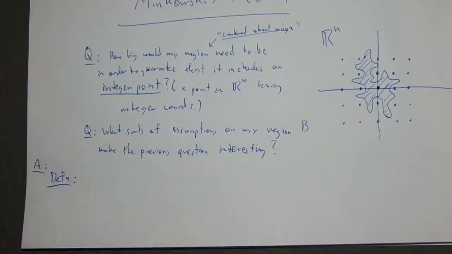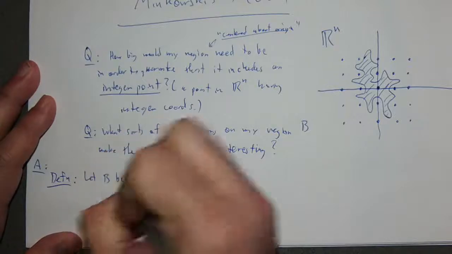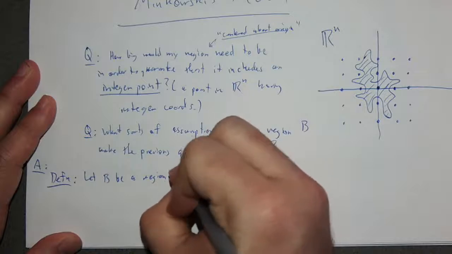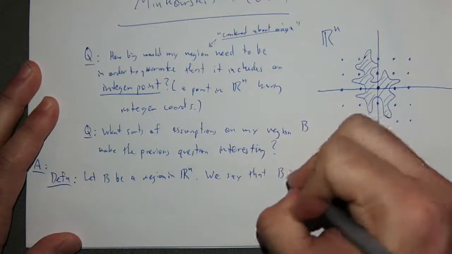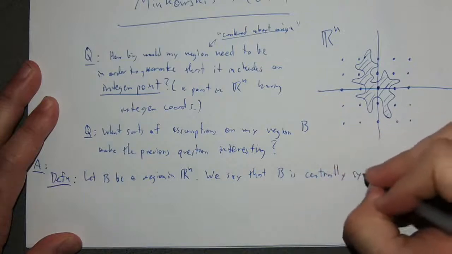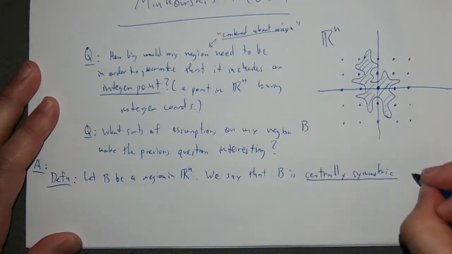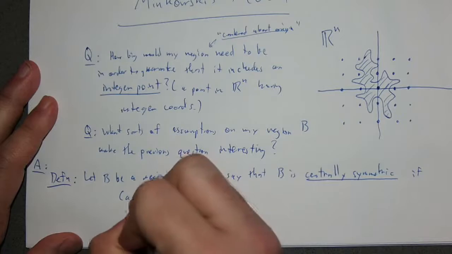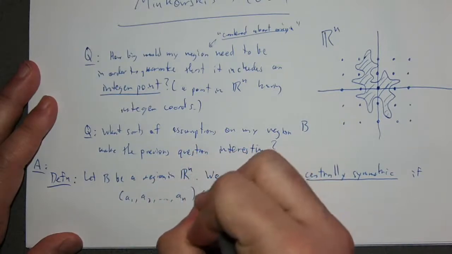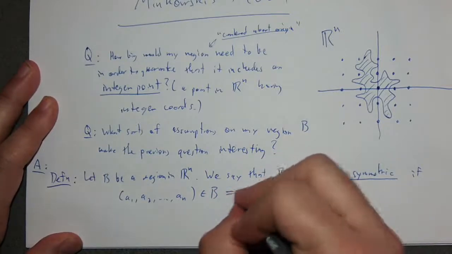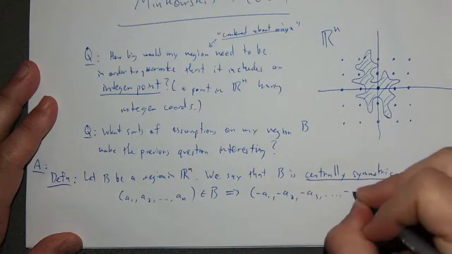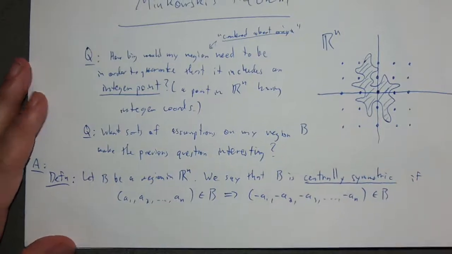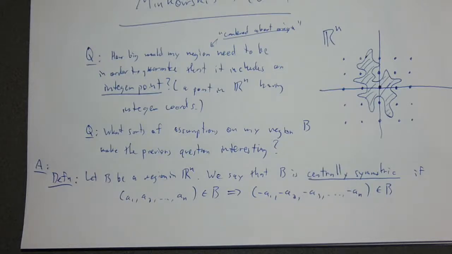This is an answer to the question I just asked, which is: let B be a region in Rn. We say that B is centrally symmetric if a point in Rn belonging to B implies that minus that point also belongs to B. You can think about what this means for what these regions look like, and in fact I'll give you